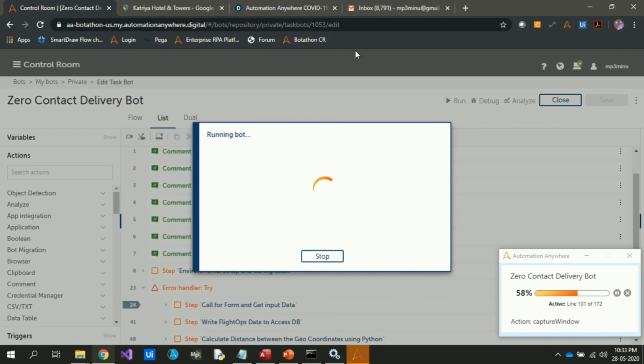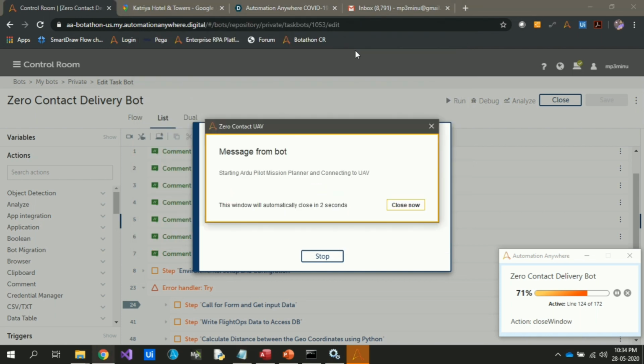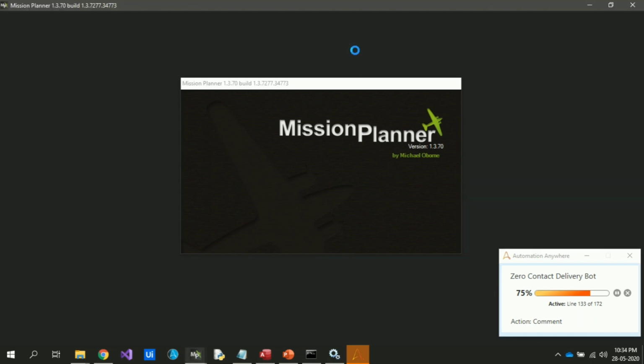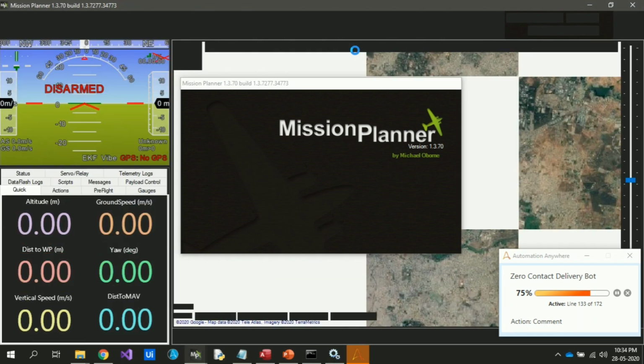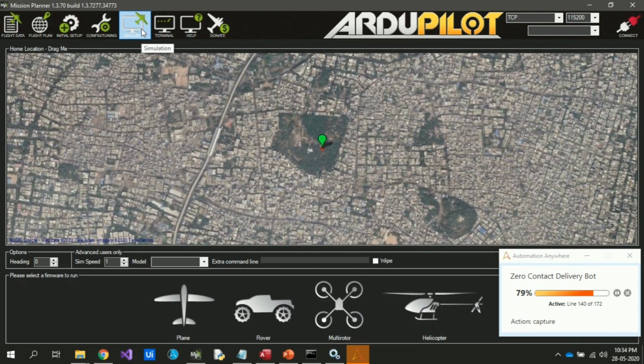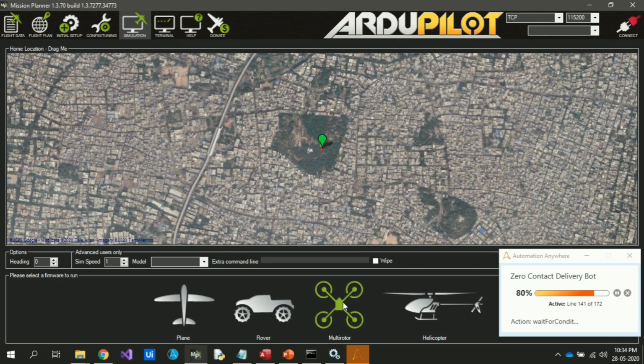And now you can see the code which is compiled, and then it launches Mission Planner, which is a software which uses a wireless transmitter hardware to connect to the UAV. And as you can see, it's loading up. So this is basically the interface of AutoPilot, and as you can see that it's connecting to the UAV currently